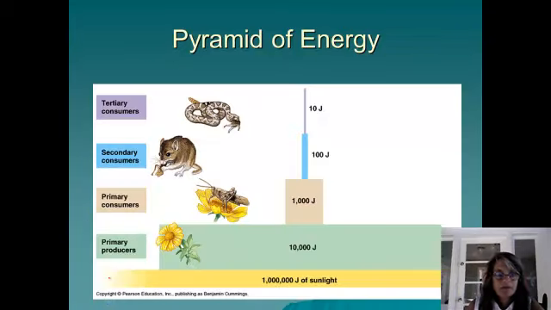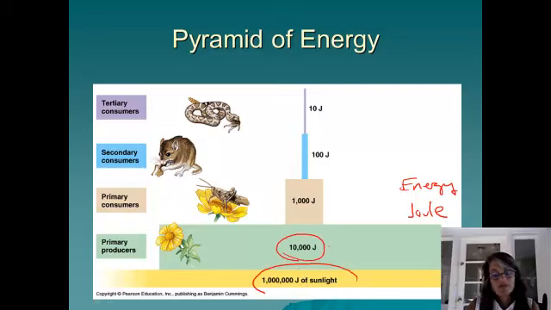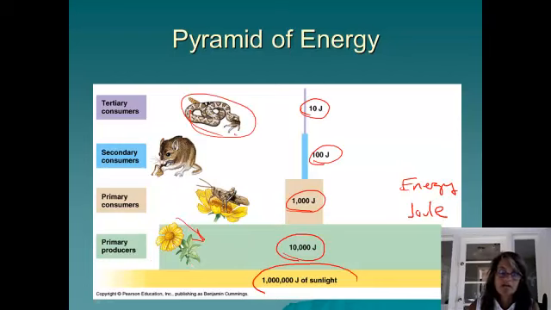All right, another look at a pyramid of energy. You can see if you start out a joule, a J is for the term joule, which is kind of like a calorie. It's just a unit of energy, so don't let that throw you. If you've got 1,000,000 units of energy of sunlight, these producers are going to trap 10,000 joules of it. These guys are only going to get 1,000 of that. These guys are going to get 100 of that. These guys are only going to get 10 of that. So you've got to have an awful lot of production going on, a whole lot of plants to support even one snake, even though the snake's not directly eating the plants at all.